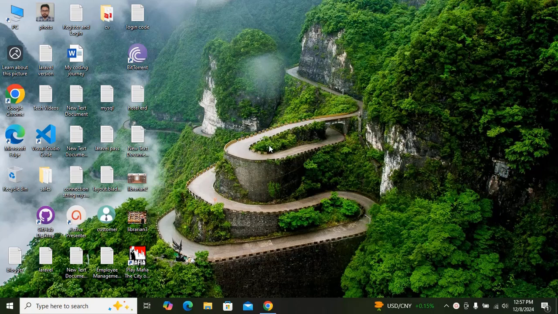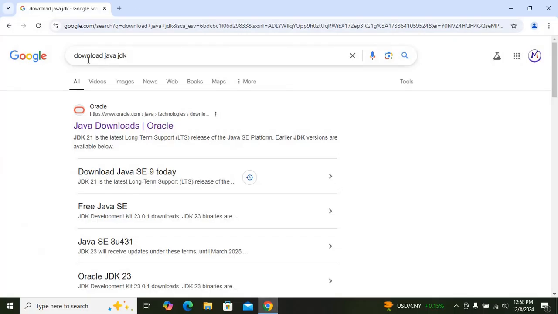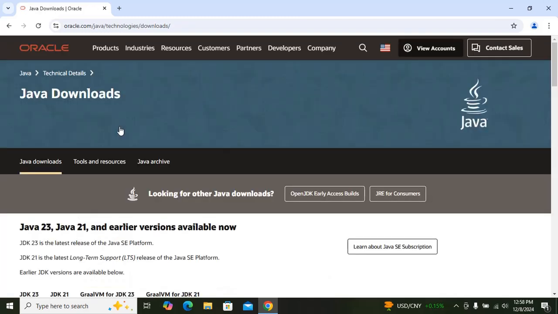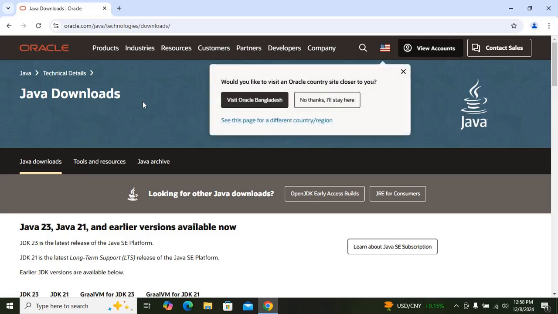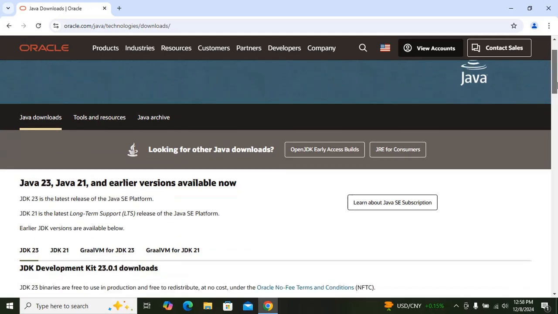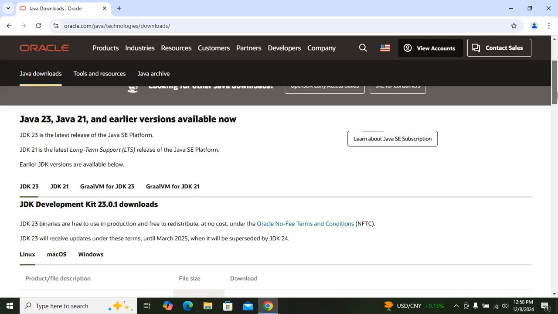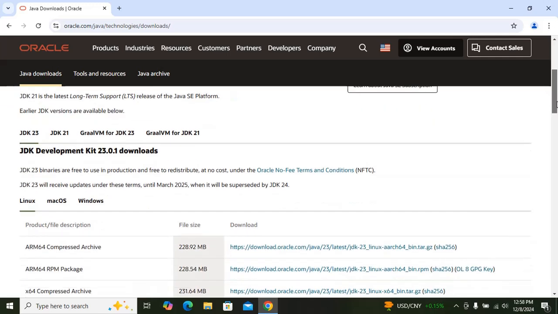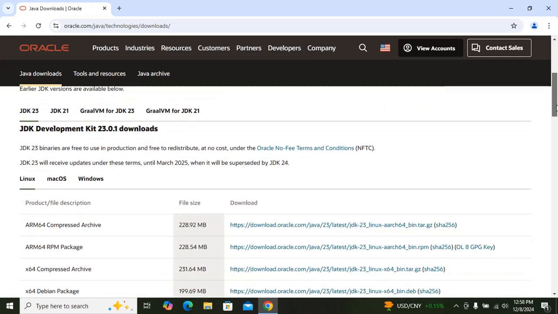So before downloading Netbeans, you need to download and install Java JDK. So first just type download Java JDK in any browser, and then go to the Java Downloads Oracle. So as you can see, Java 23, Java 21 available now. So I am going to download and install the latest. So just click on JDK 23